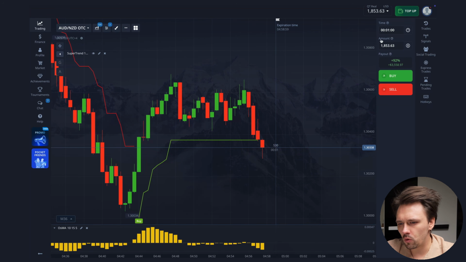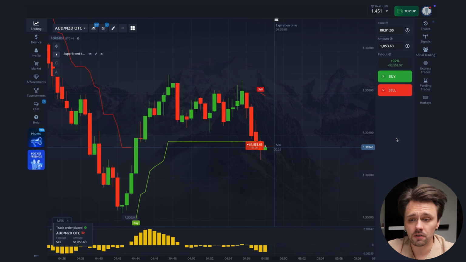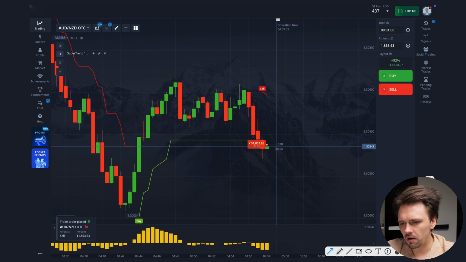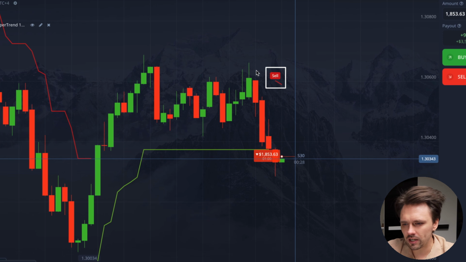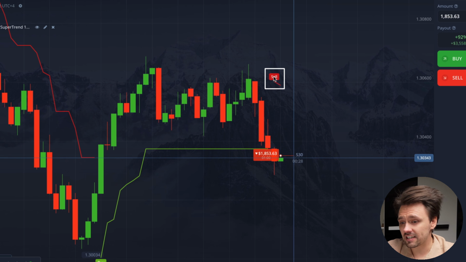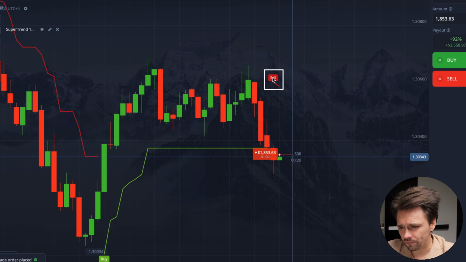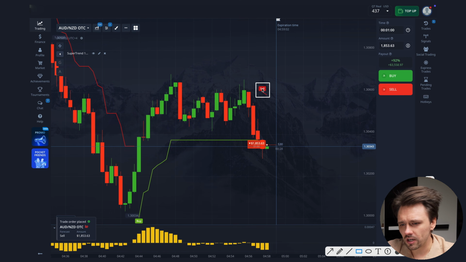So now I think I opened the final trade. According to my forecast, I need to open to the downside for $1,853. The price held above the green Super Trend, but then red candles came, and at the moment of entry, the last candle breaks the green line and closes below. That is, the support is broken and the market is reversing down, so the sell signal doesn't appear for no